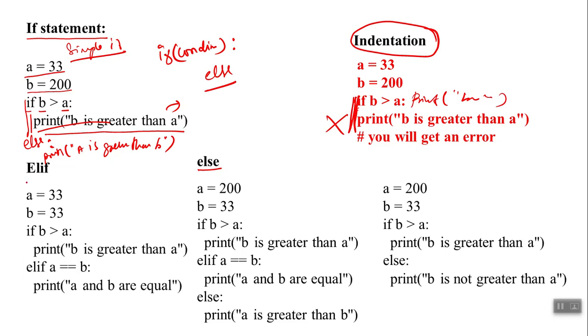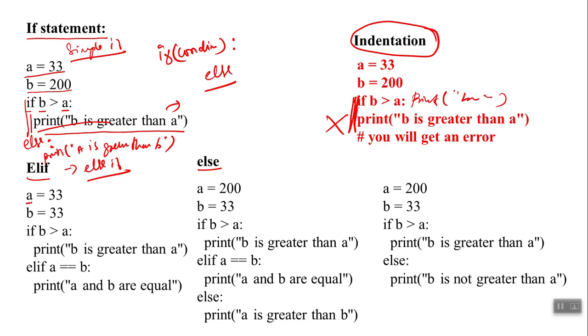Okay, next we'll go with else if. This will be called else if. If this condition is not satisfied, I will go with some other condition, right? If that condition is satisfied, I will be doing some other process. One more statement is there, we'll go with the next level. First we'll go with else if.